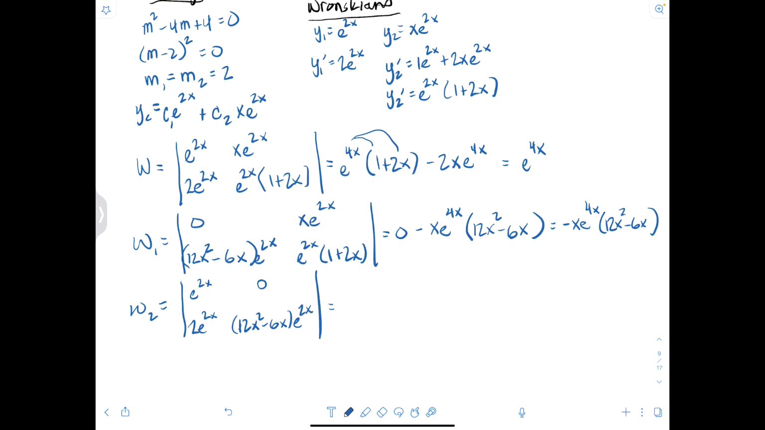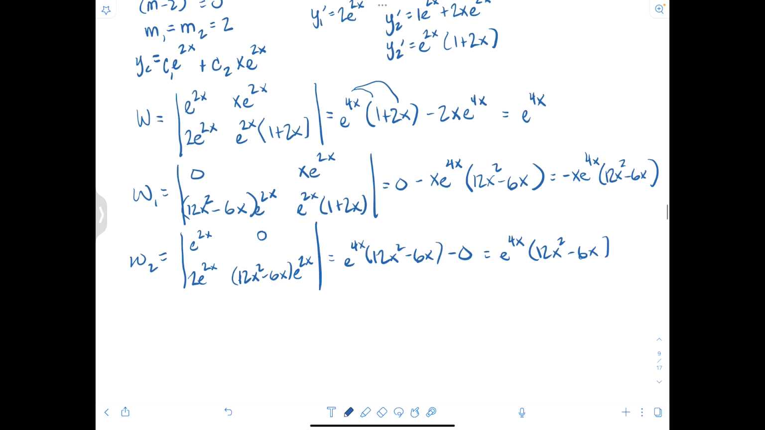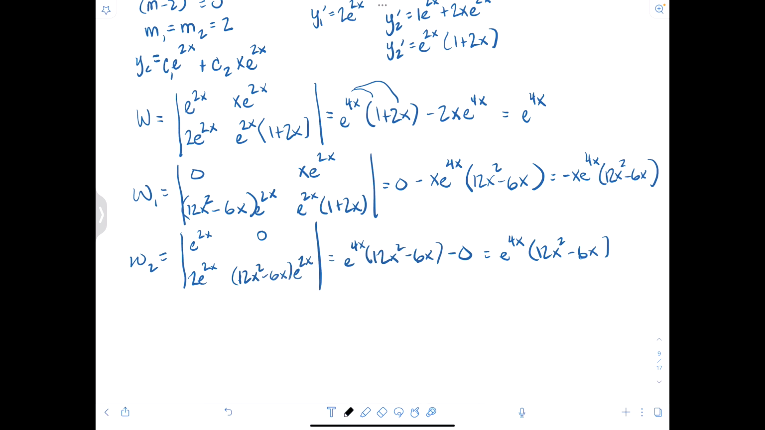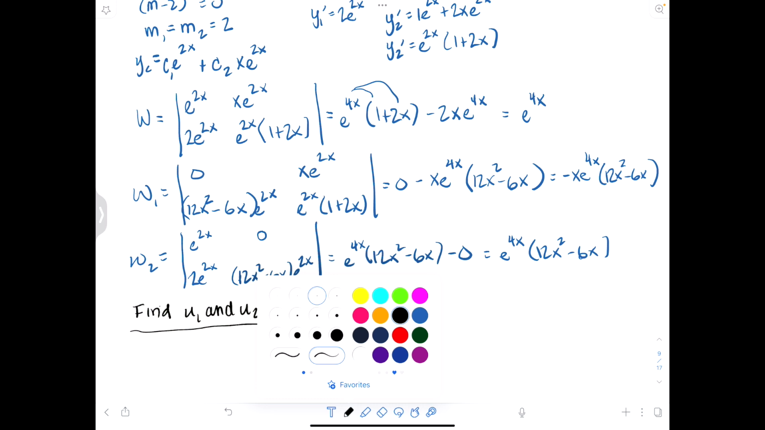That's going to be e to the 4x times 12x squared minus 6x minus 0, which will just be e to the 4x times 12x squared minus 6x. Cool so far? Alright, so we got all the Wronskians out of the way. Now we need to find u1 and u2. So, to do that,